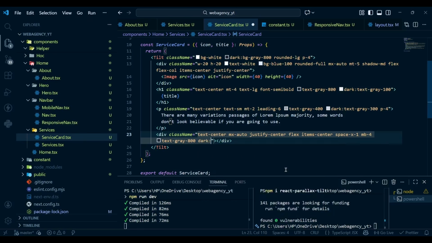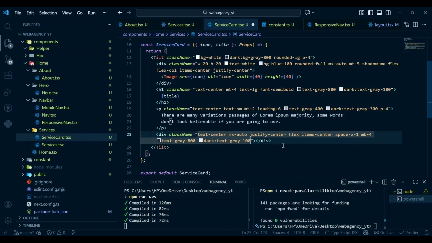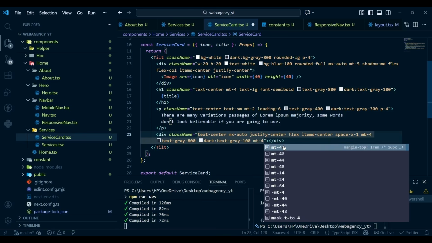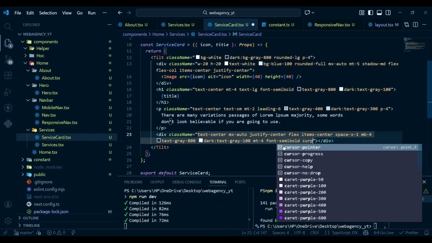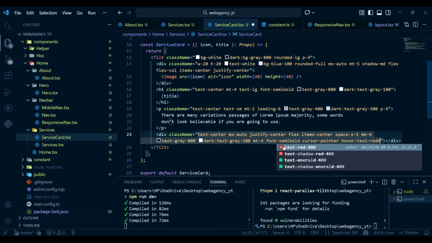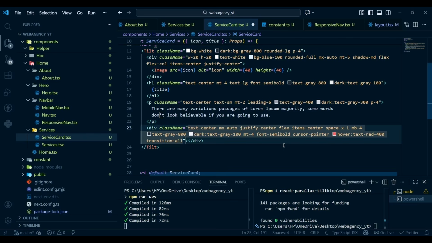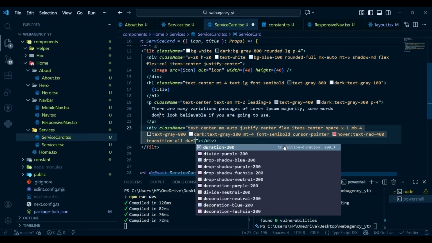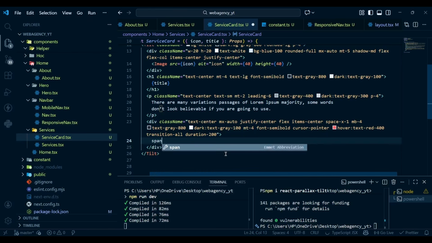in the dark mode text-gray-100, margin top of 4, font-semibold, cursor-pointer, in the hover text-red-400, transition-all, duration 200 milliseconds, and then inside this we have a span with the text learn more,